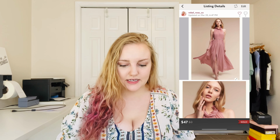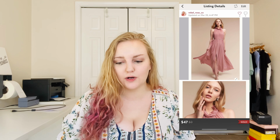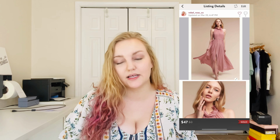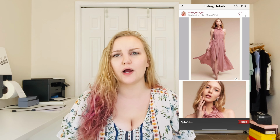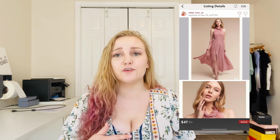All right, next is a Vera Wang pink chiffon ruffle neck maxi bridesmaid dress. I hauled this, I can't remember if it was in a thrift with me. It was a little while ago in one of my thrift hauls,